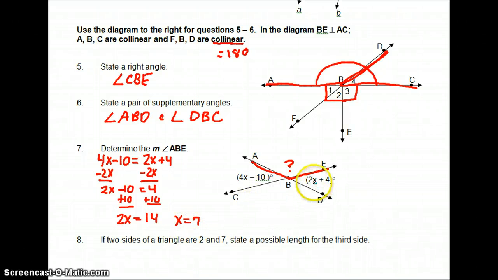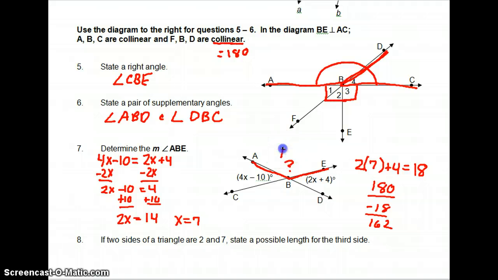I'm going to plug it in, so we'll plug it into this one over here. So 2 times 7 plus 4 equals 18. 180 minus 18 is 162. So this angle is 162. So our answer,